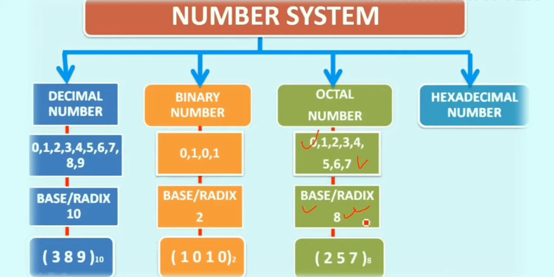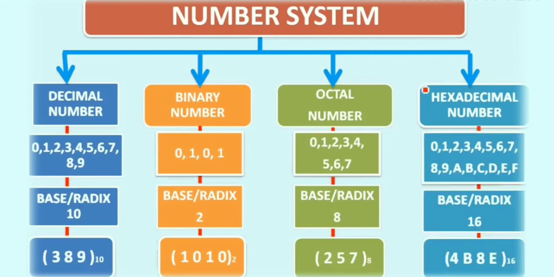The octal number system is a bit similar to the decimal number system, because it also uses the digits of decimal, but the only difference is that it is reduced to 7 only. If you write anything in this number system, for example 257, we can identify 257 as octal by giving base 8. So put brackets and write 8 as a subscript.